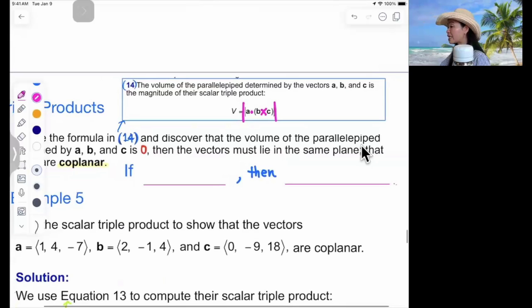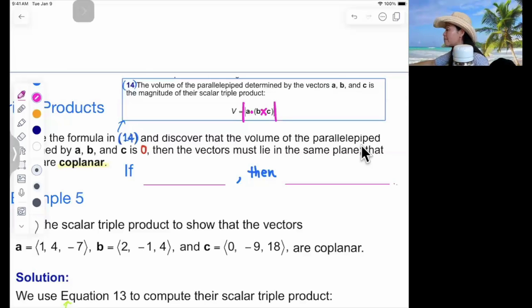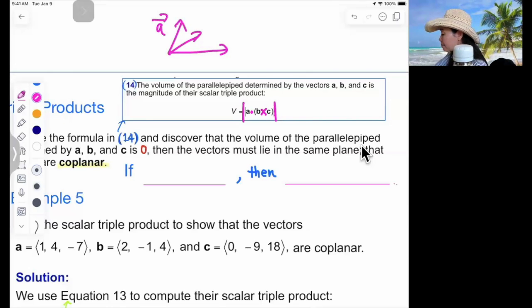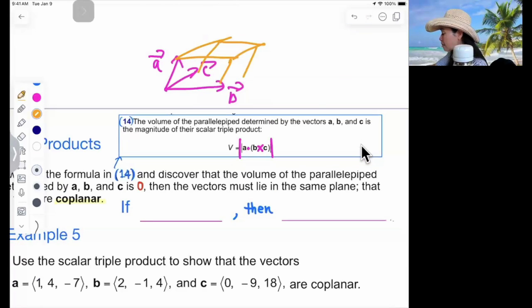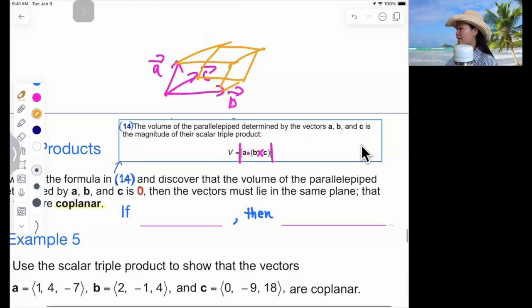And what happens if I get 0? If this result here is 0, what does it mean? The parallelepiped has value 0. That means they're all on the same plane, right? Before it was like this: A, B, and then C, and then you get this parallelepiped. But if the value of that is equal to 0, that means